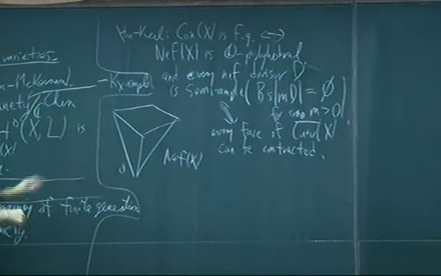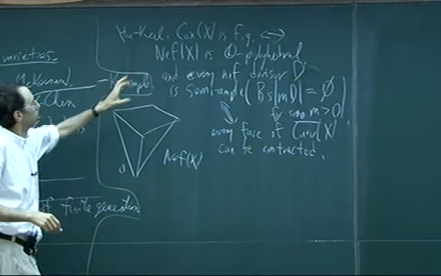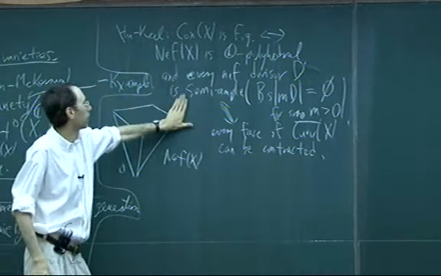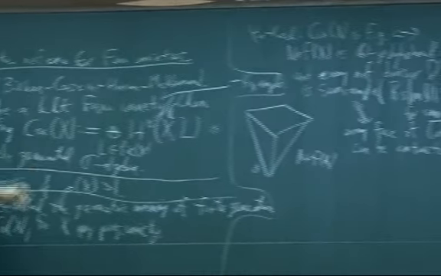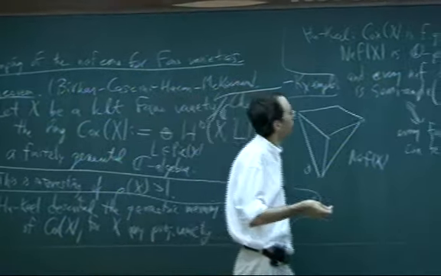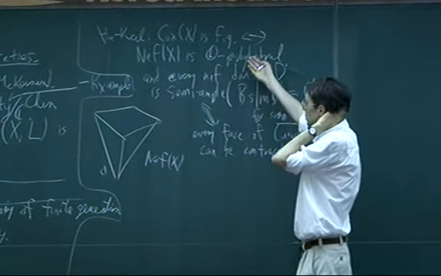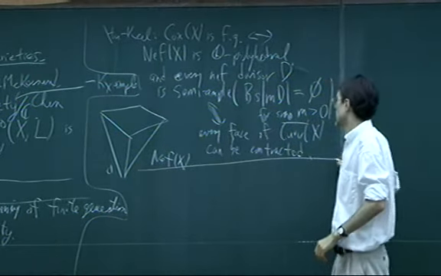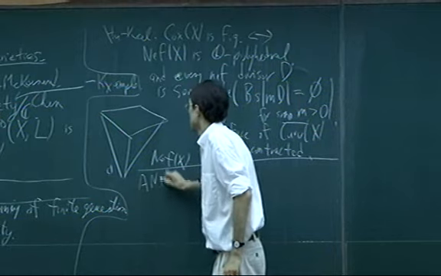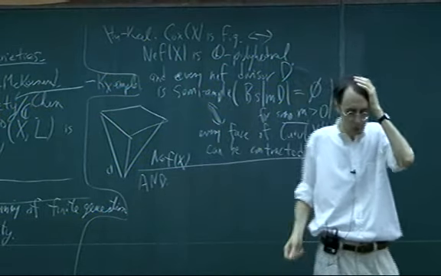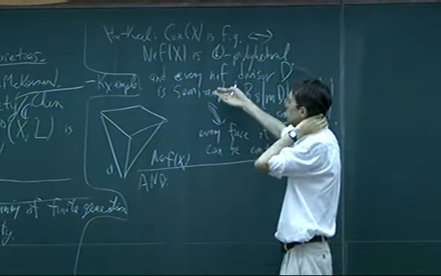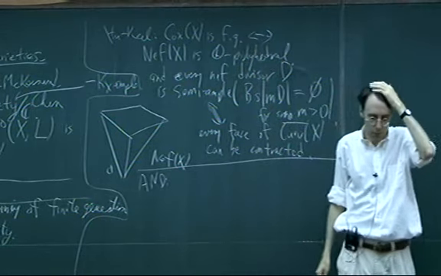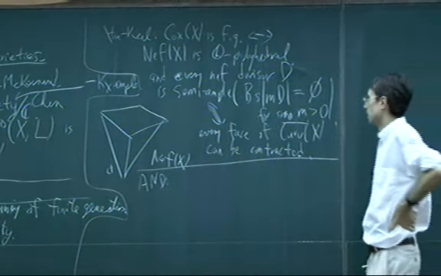So this sentence is not yet finished, but the Cox ring being finitely generated means that these properties hold plus some more. I just want to make the point that these properties for Fano varieties were already known in the 80s, because these are exactly what the cone theorem tells you about Fano varieties. The nef cone is rational polyhedral, and every face of the cone of curves can be contracted. Oh yeah, and one more point, for a surface, for X of dimension 2, the sentence ends here. These conditions are exactly what finite generation of the Cox ring means for surfaces. But in higher dimensions, you have to say more.